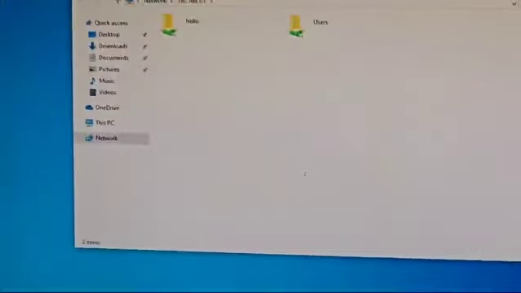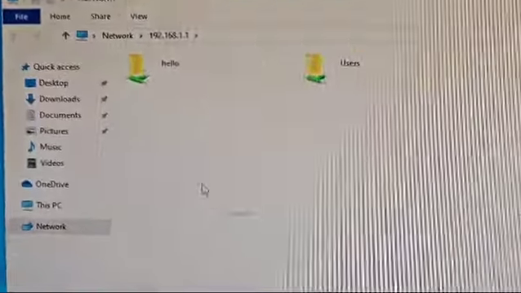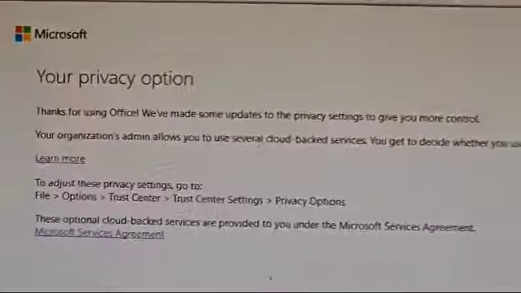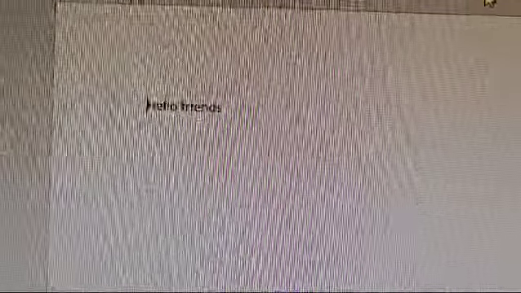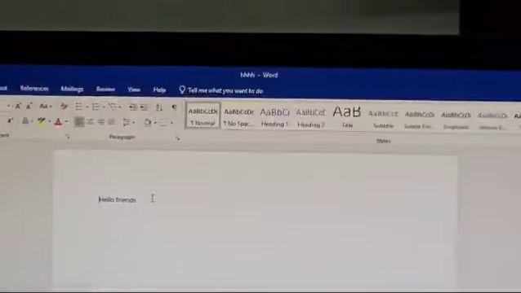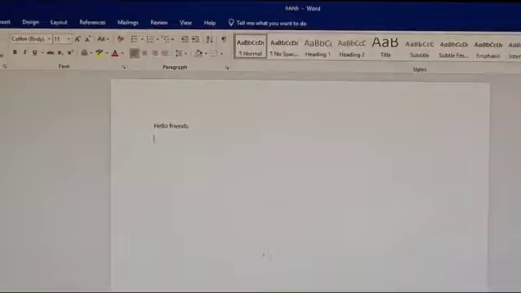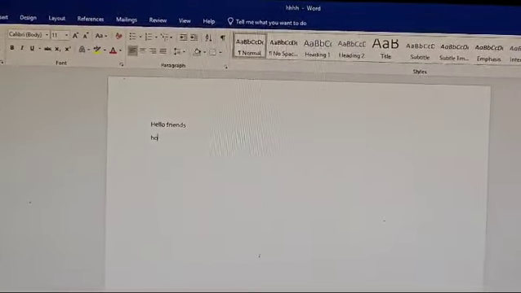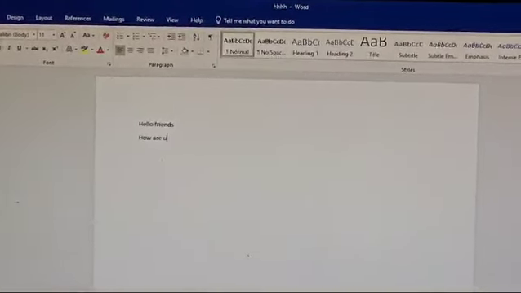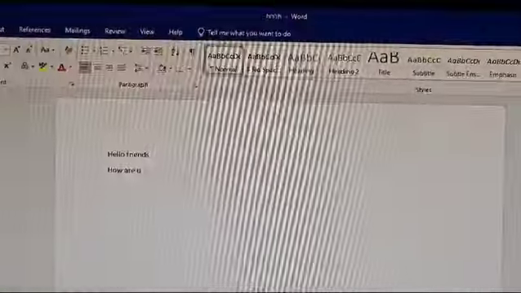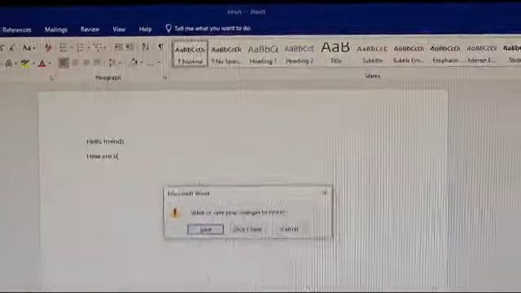So here you can see the file which has been shared, and we can check whether it is the same file. Here you can go for enable editing and you can add the data, because we have given the sharing option, that is full control. You can read, write, and change the file.